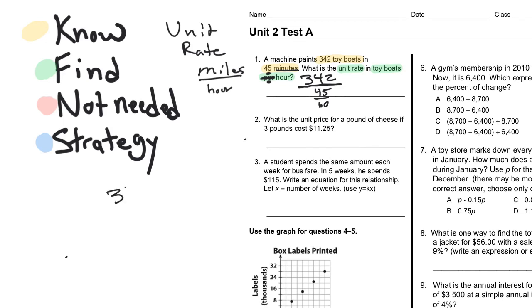342 times 60. Okay. Well, 0 times everything's 0. So I'm just going to move on to the 6. So 6 times 2 is 12. 6 times 4 is 24 plus 1 is 25. And then 6 times 3 is 18 plus 2 is 20. So I have 20,520. Well, we're not done because now I have to divide it by